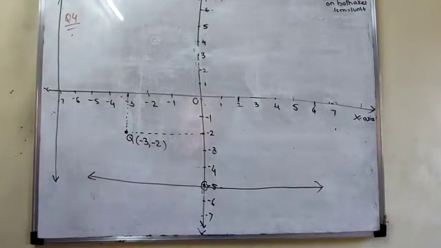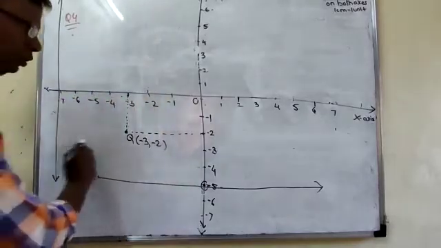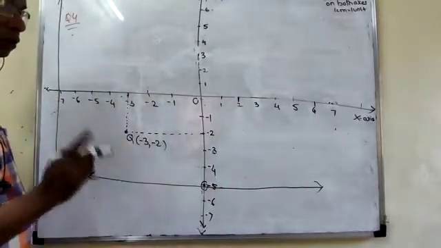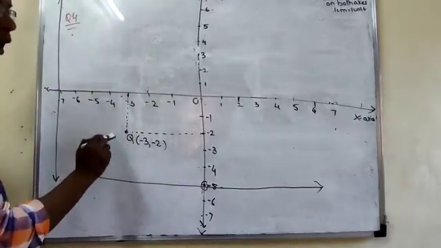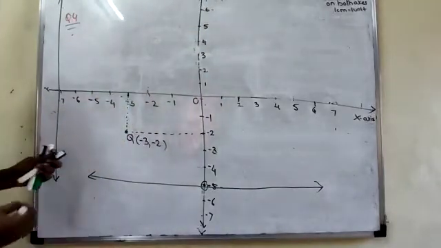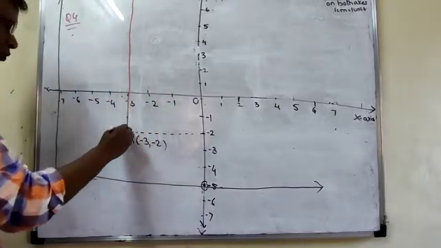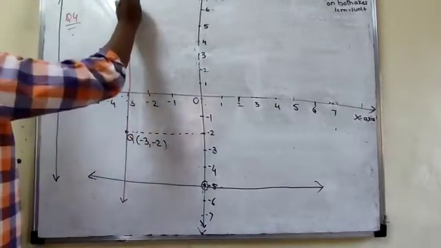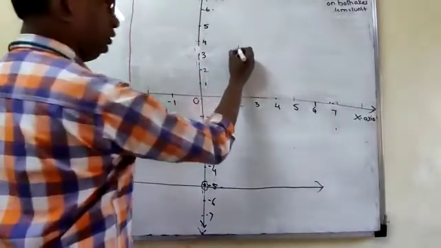Now see the question once again. The point Q, -3 and -2, lies on the line parallel to which axis? Y axis. So I have to draw the line this way or this way. See students, you have to read the question here. You have to draw a line passing through Q parallel to which axis? Y axis. So Y is here, so the line will be here. So we have to draw the line passing through point Q and parallel to the Y axis. So what is the equation now? Once again, answer fourth.